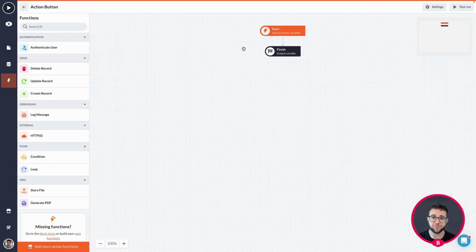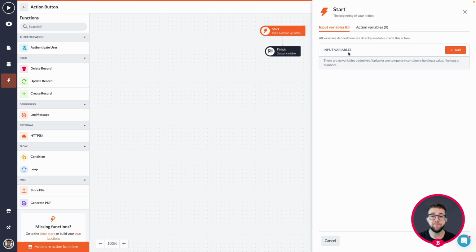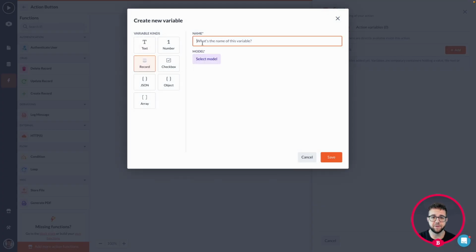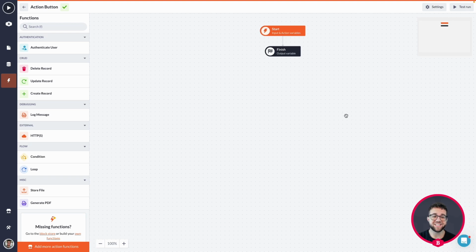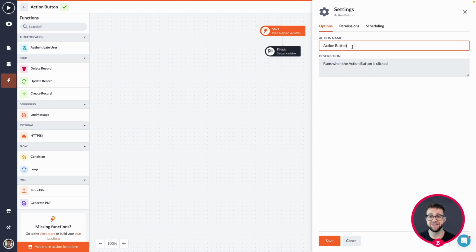There are two things we need to do before we can set up everything regarding the send email. The first thing is to make sure that the input variable is recognized. So make sure that we're creating a new record variable with the name ID of project, so that the ID that we're passing through via the page is connected with the input variable that we are giving into our action. The second thing we must not forget, because if we forget this and test out the action later on, we run into some permission issues,